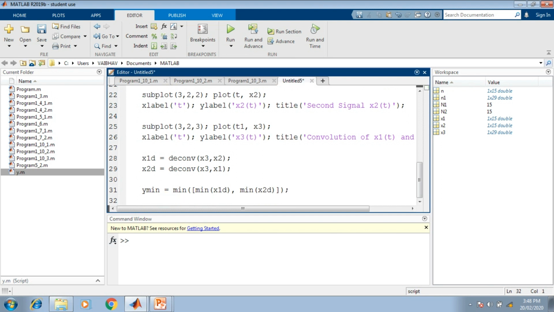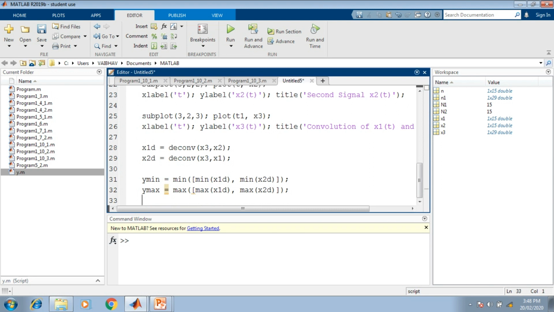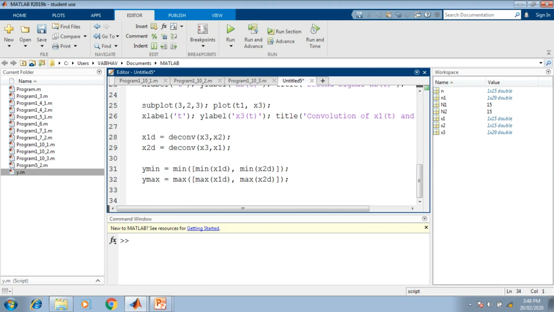In the similar fashion, the maximum range is to be also defined here, so it is denoted by y max here, the maximum operation and within the pair of parentheses and inside the square brackets we mention here the maximum of x1d comma maximum of x2d here. So ending the syntax with the semicolon here.